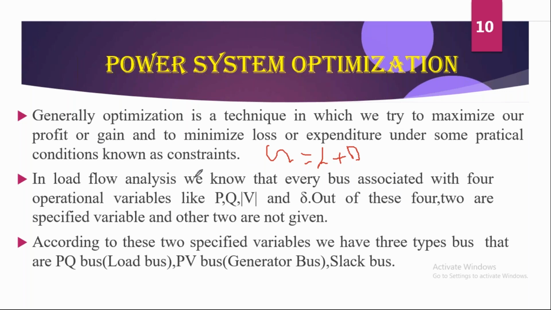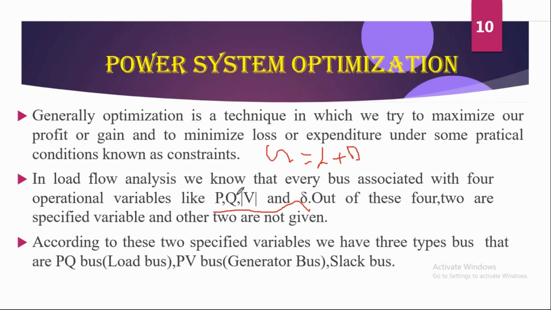Now, if you want to find how much power has to be generated and delivered to the load, it certainly depends on these four parameters. Already we studied this in power system analysis. In the power system, there are three different types of buses: slack bus, generator bus, and load bus. Among these, two parameters are known and two parameters are unknown. By using mathematical operations, we can get the unknown values from the known values. So that has to be considered here.